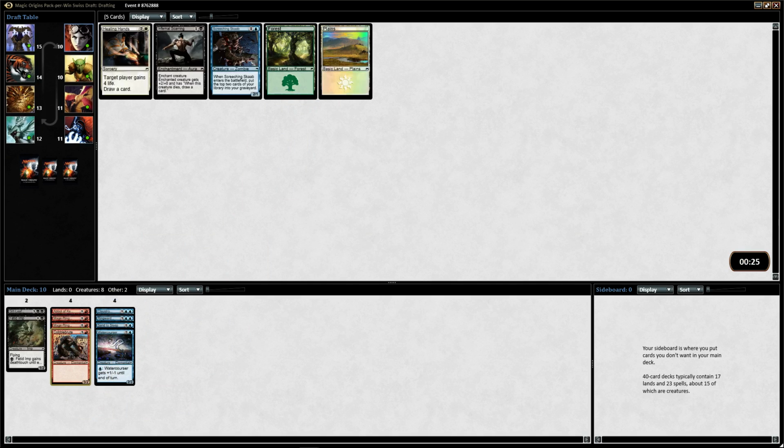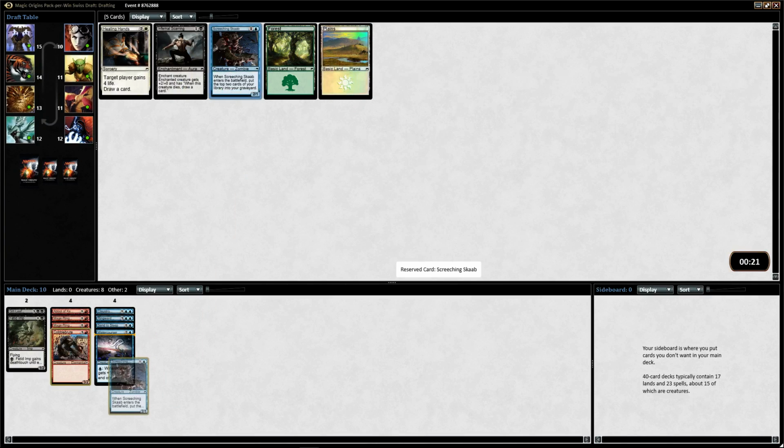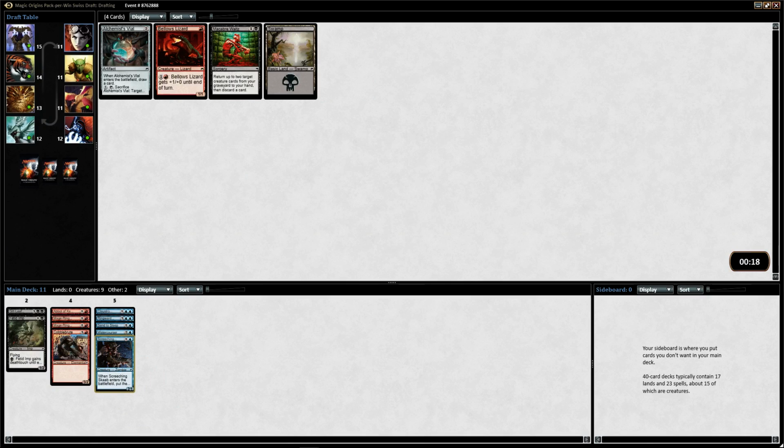Boop, there we go. Hey, guess what came back, guys? Screeching Scab. So there you go. All right, I'm going red-blue. Is it fans in the house? Yes! Bellows Lizard, I'm gonna take it and I'm gonna put it in a...